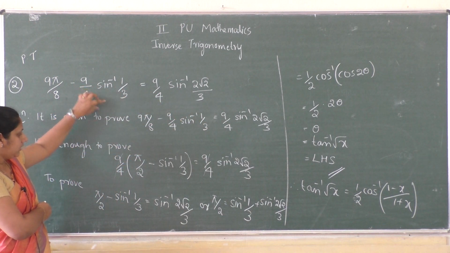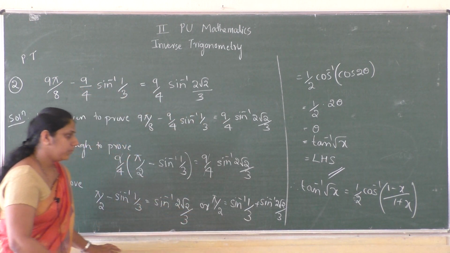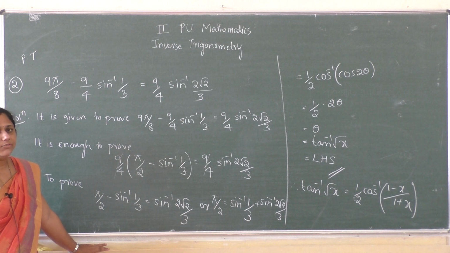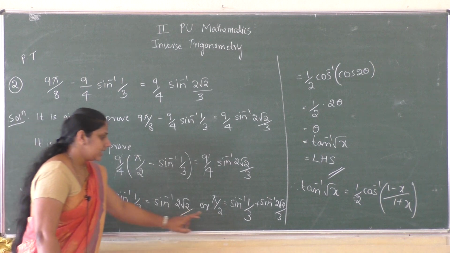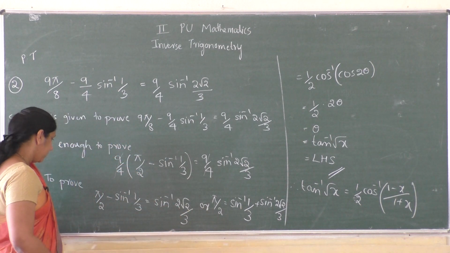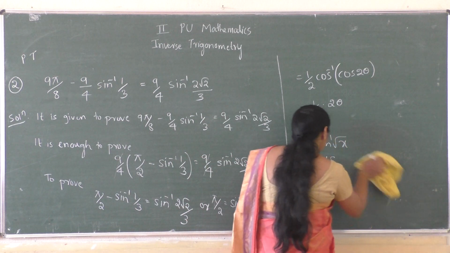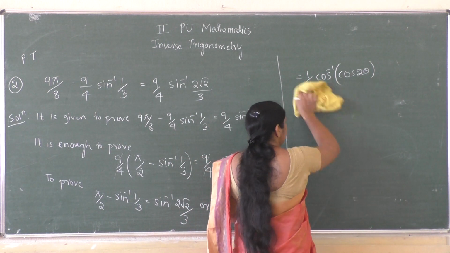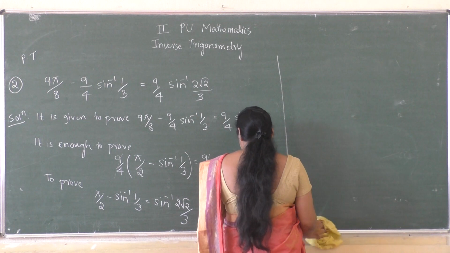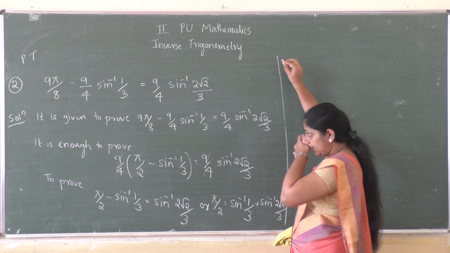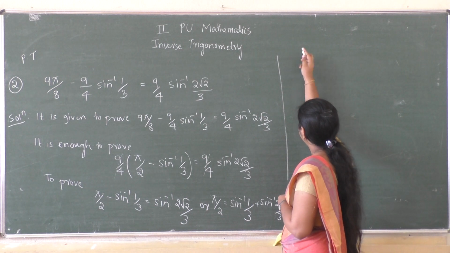It is the same as, either you can prove it like this, that is pi by 2 equal to sin inverse 1 by 3 plus sin inverse 2 root 2 by 3. It is enough to prove this one. Now we will prove this one, that is you have to prove sin inverse 1 by 3 plus sin inverse 2 root 2 by 3 equal to pi by 2. So here I will consider